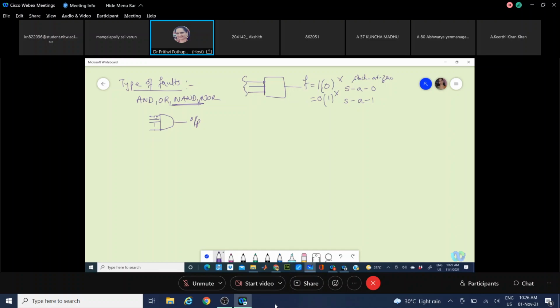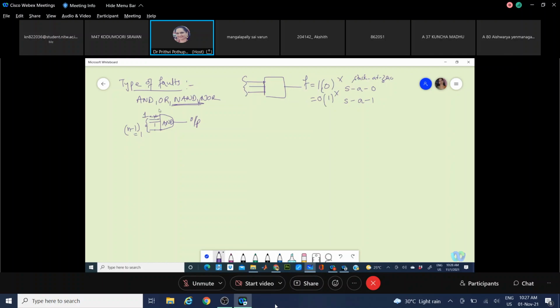Say I want to test a fault on this line, line 1. What we do is make the other n minus 1 lines equal to 1. You cannot make them 0 for an AND gate. Why? If any one of the inputs is 0, the output will be 0, and we cannot find the influence of this line.